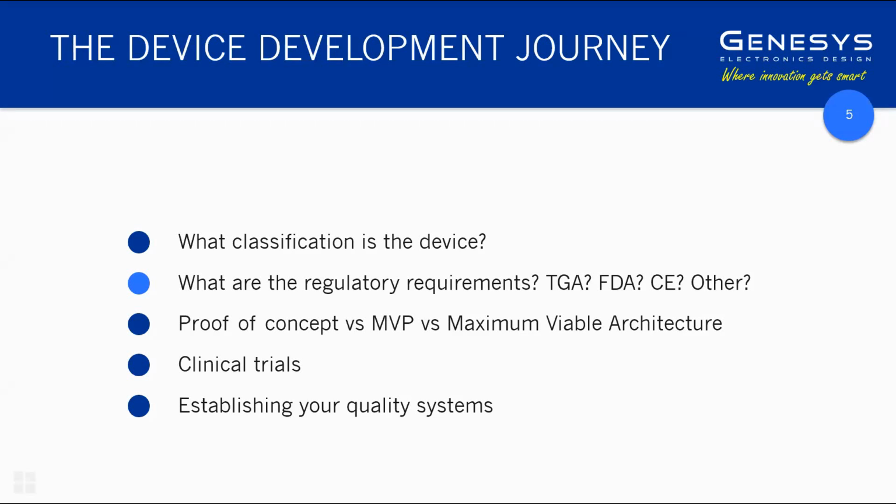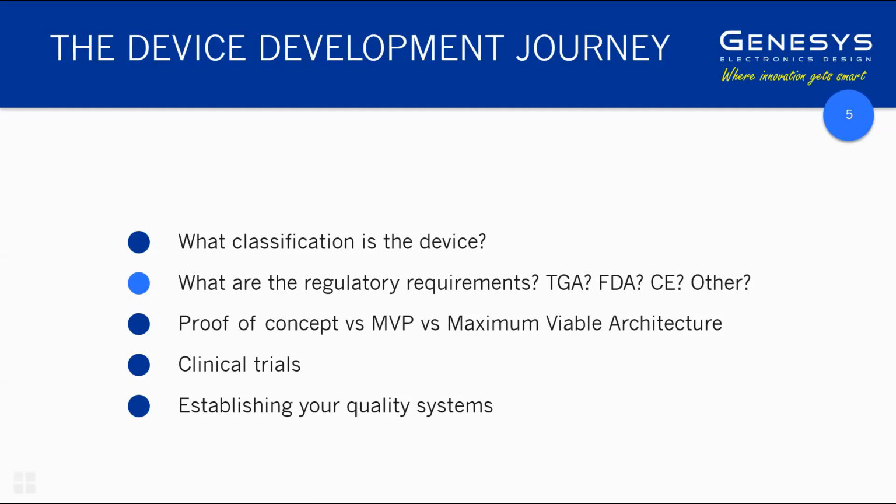Generally speaking, once people have got an idea and worked out a general strategy for how they're going to develop their device, it's very natural to want to quickly build a proof of concept to show people, investors, and so forth, that their concept can actually work and has some sort of validity to it. But there is a whole spectrum of devices as you move through what we call minimum viable